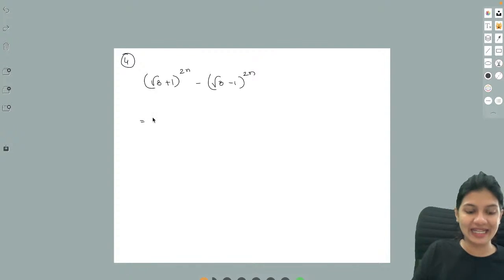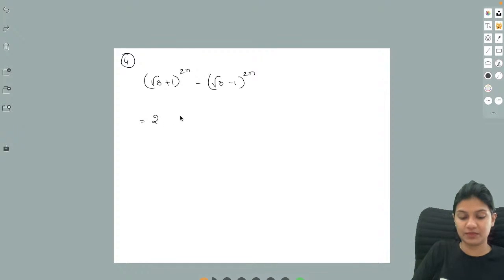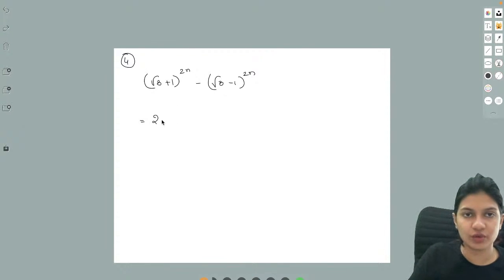In the expansion of these, you will be getting 2 times. Combining both of them together, I have written. So, plus 1 will be there. So, this would be 2 times of